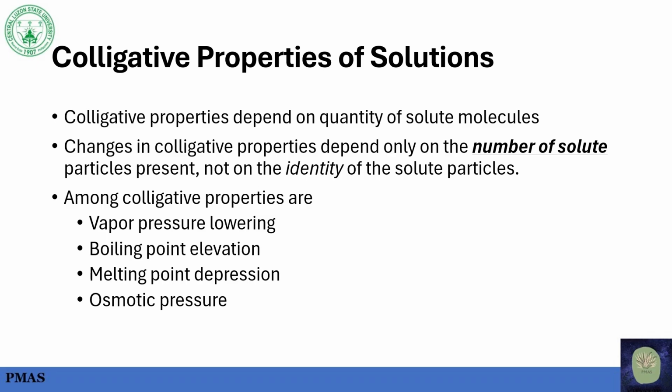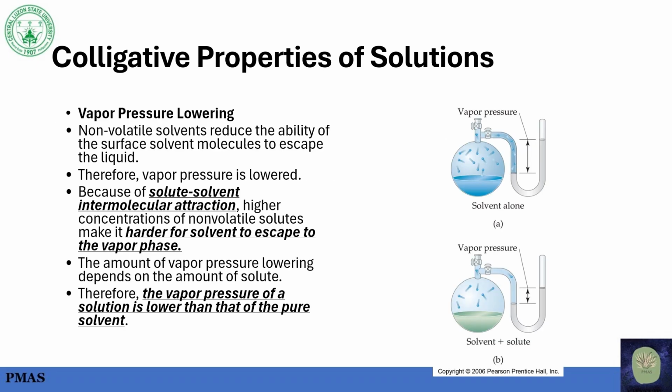Among colligative properties we have four: vapor pressure lowering, boiling point elevation, melting point depression, and osmotic pressure. Now let's define each. First, with vapor pressure lowering,